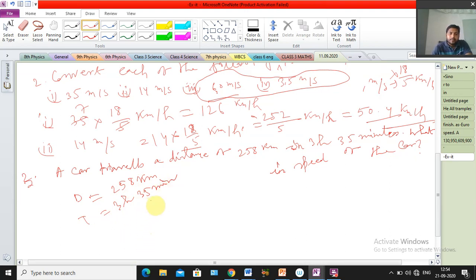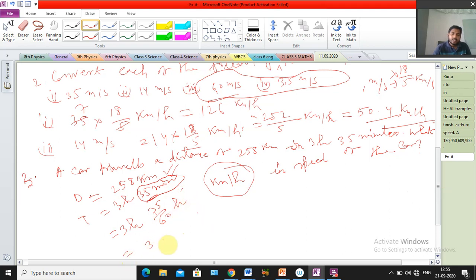Okay, but here see, we have to find out what, sir? Speed unit what, sir? Kilometer per hour. We know that here kilometer given, distance it is okay, but time 3 hours 35 minutes, that minutes already given here. That is the main problem. So that means this one you have to change it in hour, minute to hour. Clear? So that means 3 hours 35 by 60. Minute to hour means we have to divide by 60. So this one will be also hour.